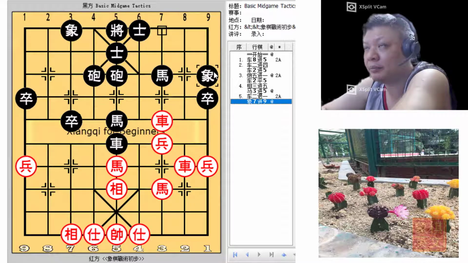Now with e7 plus 9, the red chariot will be captured for sure, because it cannot move here or here, as this horse would cover these 2 intersections. Neither can the chariot advance, as the black horse will now cover this intersection. So Black will be forced to trade material by using his chariot to capture either one of the horses, which would result in more loss of material, and Black would have a very huge advantage going